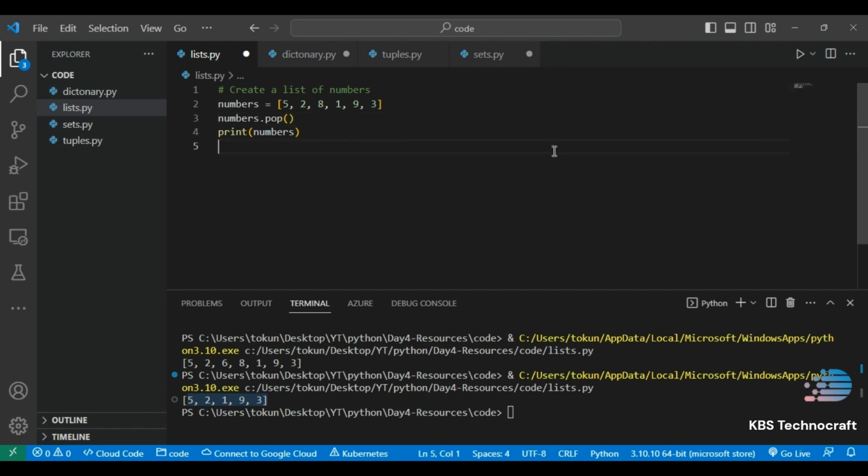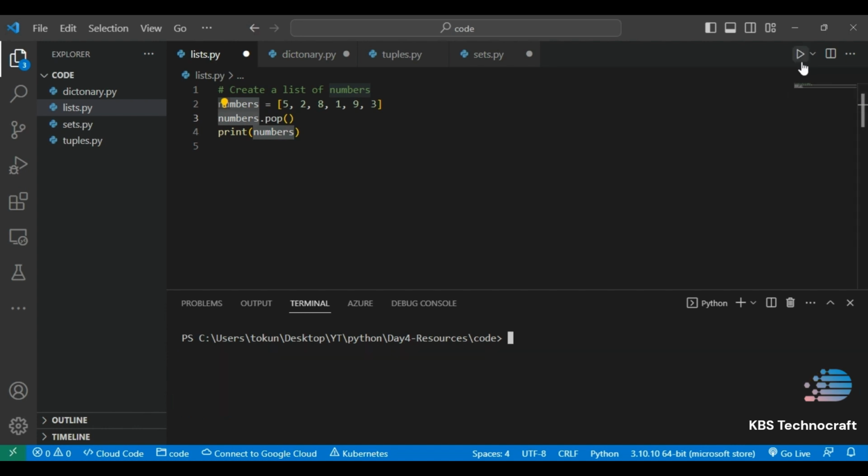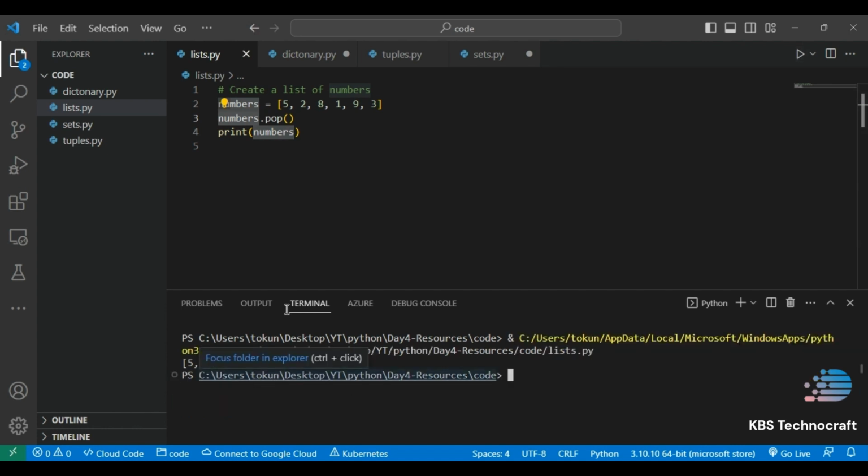Now we will see the pop operation on a list. I have put numbers dot pop, and we will clear this result and see what the result is. When you run it, you can see that pop removes the last element of this particular number list. You can see here 3 is removed when we use pop. Okay, if you put 2 times pop on the